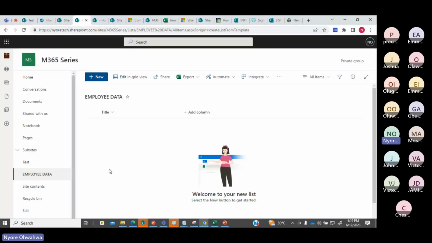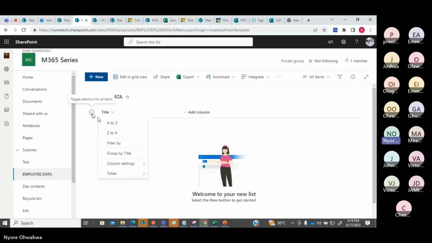So for an employee data, what are the things that I would like to have in my employee data? Title is a single line of text, and I would just leave it as title. I would use it to state my user's status, Miss, Mrs, Mr, and all of that.